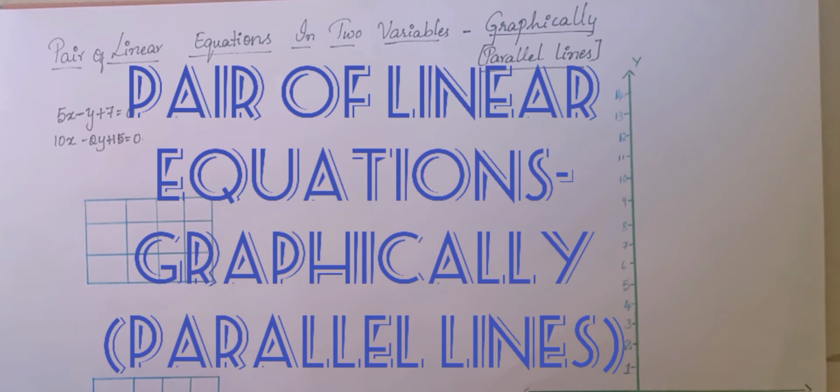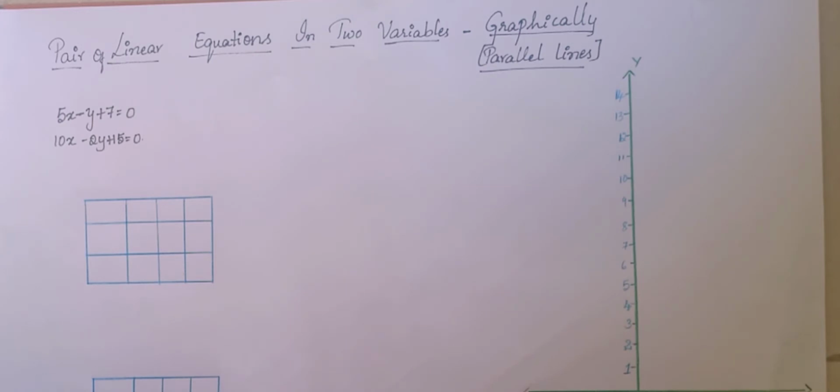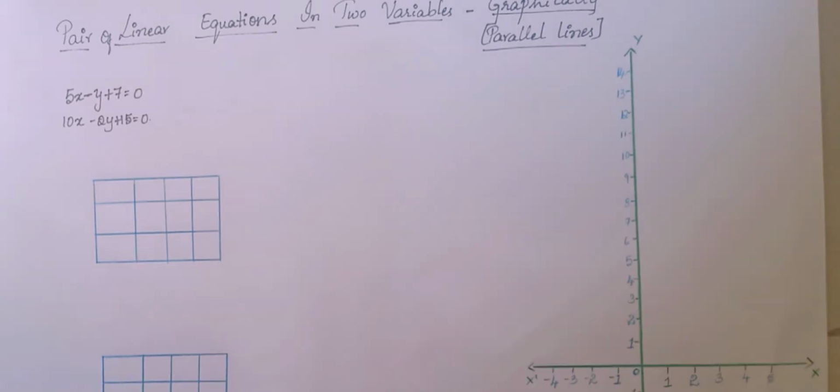I'm Sushma. In our last class we studied the pair of linear equations in two variables for intersecting lines. In this class we are going to study parallel lines, because last class I said how parallel lines will exist. Intersecting means two lines crossing each other and getting a unique solution. So that's an intersecting line. Parallel lines, the two lines we are getting, have an equal distance between them. Coincident lines we are going to learn in the next class. Now we are going to learn parallel lines.